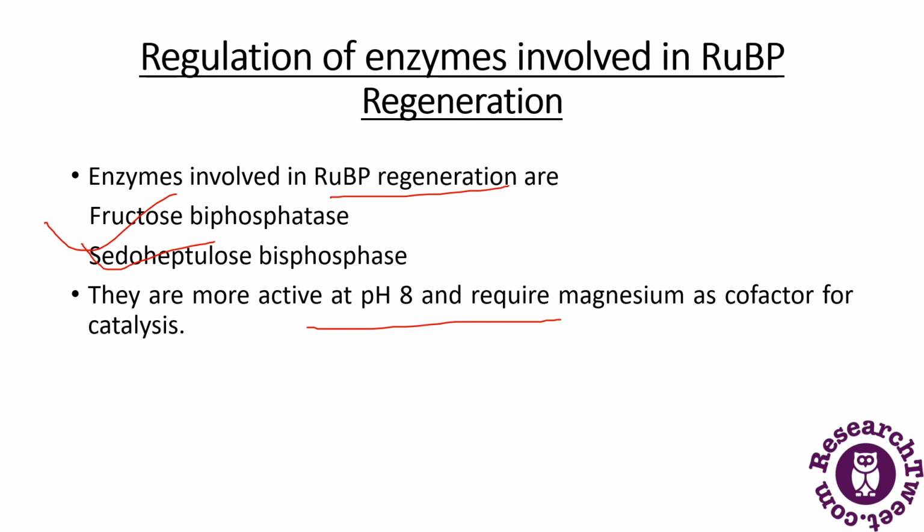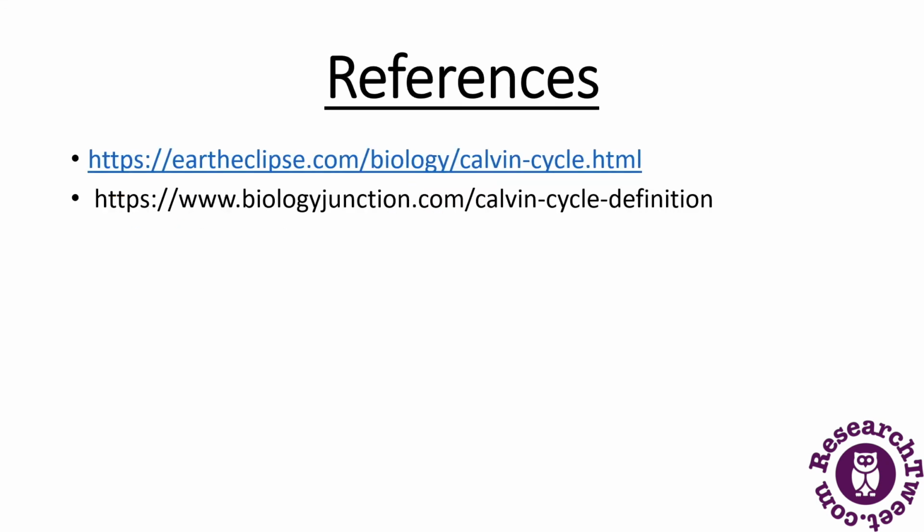They are sensitive to the redox potential of the chloroplast stromal compartment, and the mediator molecule is the small protein thioredoxin. Thioredoxin, when coupled with ferredoxin by the enzyme, will lead to the inhibition of phosphofructokinase. So in plant cells, light stimulates the Calvin cycle enzymes. This is the main point here. The light activation is mediated by thioredoxin. So this was all about RuBP regeneration and the control of the Calvin cycle.